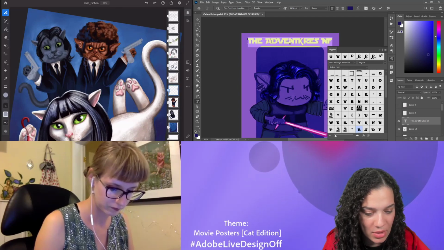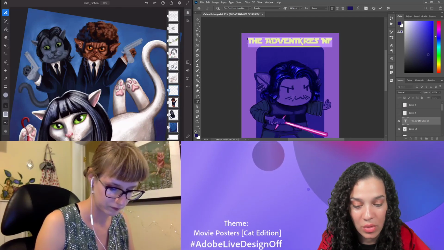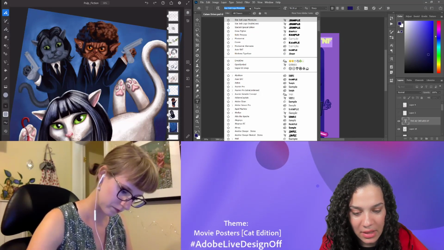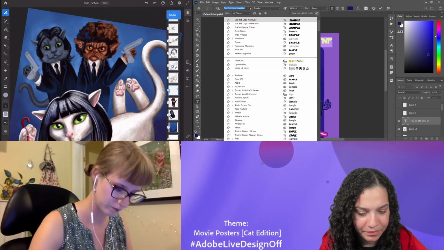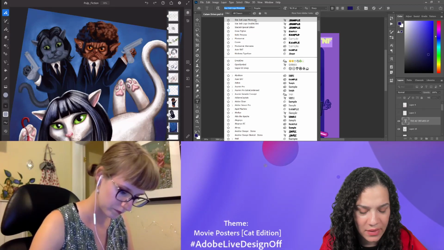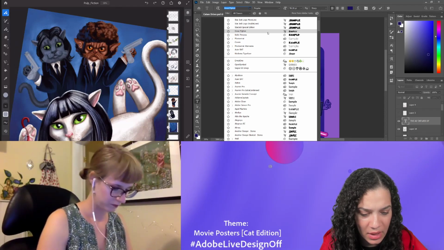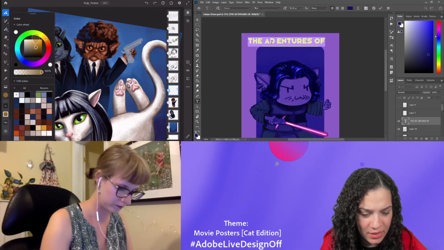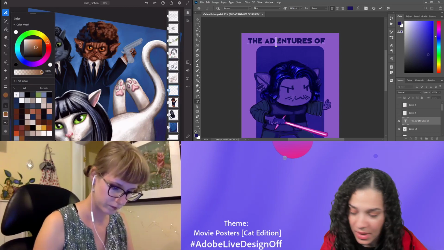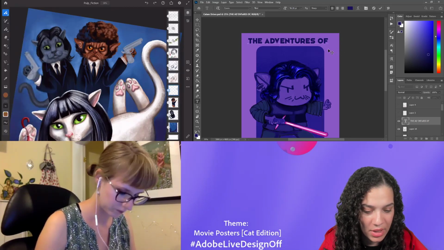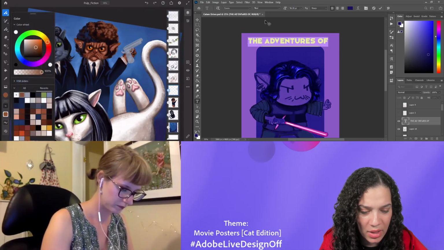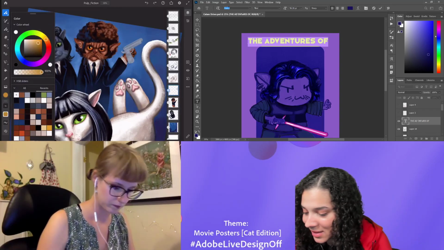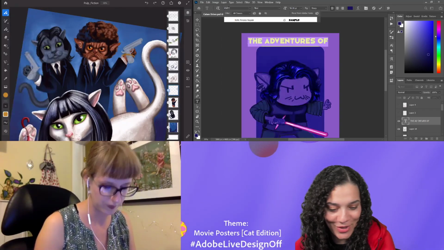For now, I'm going to use another font that's actually pretty cool. It isn't available in Adobe Fonts because it's one that I found and licensed, but Coven is a really cool one because it's big and chunky. Another one that's also really cool is Knife Princess, which is just a weird name.